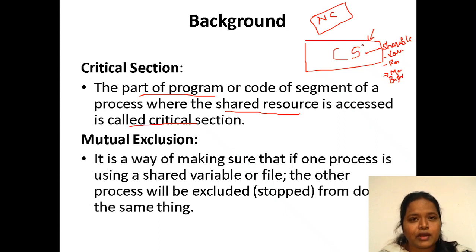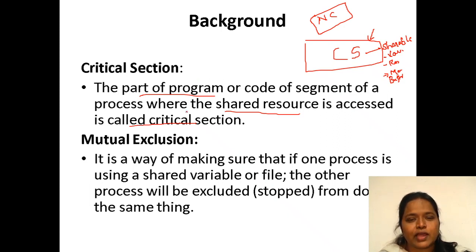Here what you have to remember is that the critical section is the place where shareable items are placed. By making use of the critical section, we are achieving mutual exclusion. In order to solve the critical section problem, what are the necessary things you have to achieve? The first one is mutual exclusion, the second one is progress, and the third one is bounded waiting. These are the three things needed for the critical section problem to be solved. Fine.